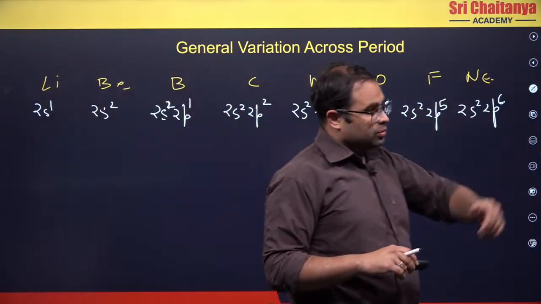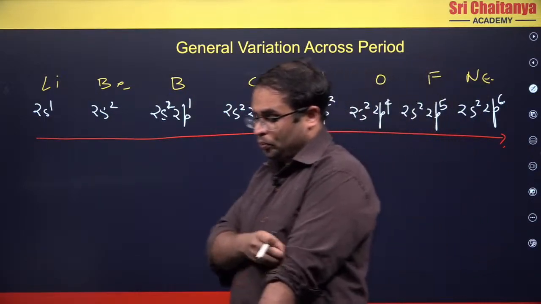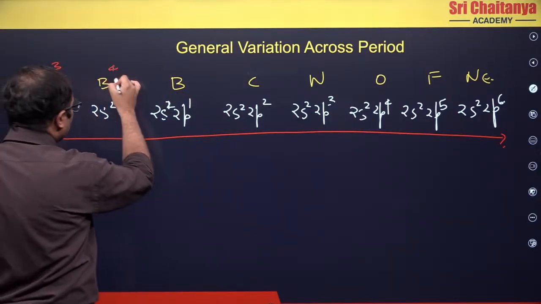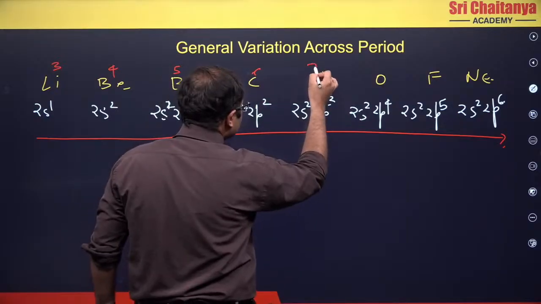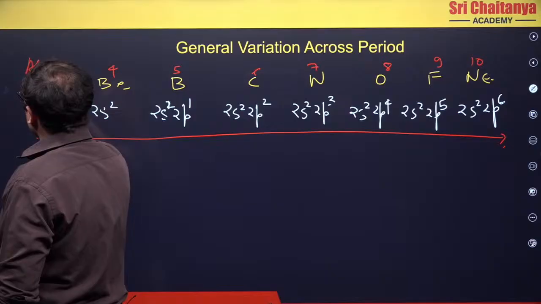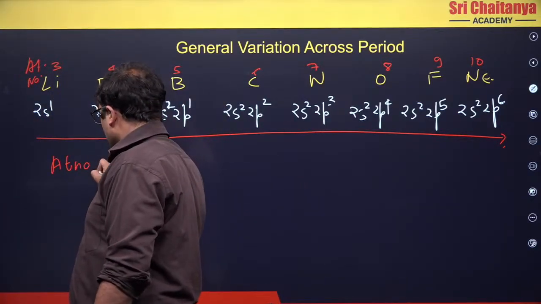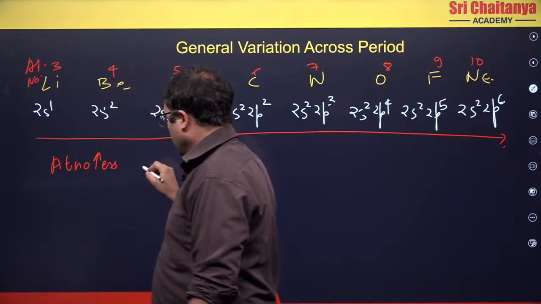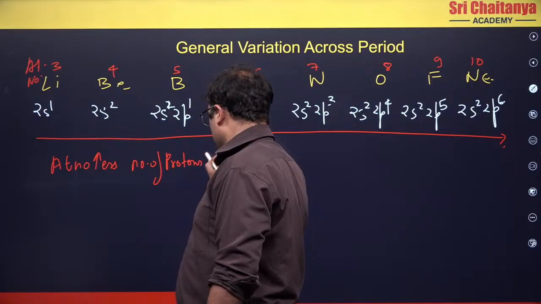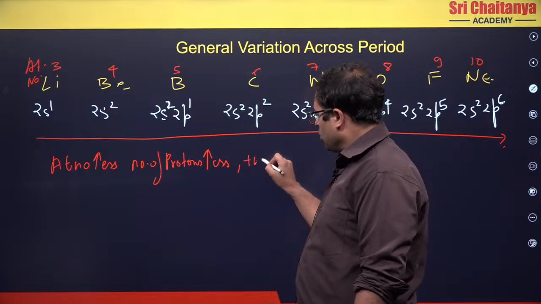Now, as you are going across a period, from this side to this side, what is happening? The atomic number is increasing, right? If I write the atomic number, this is 3, 4, 5, 6, 7, 8, 9 and 10. So this is your atomic number. Now atomic number increases, so the number of protons increases. Number of protons increases means positive charge